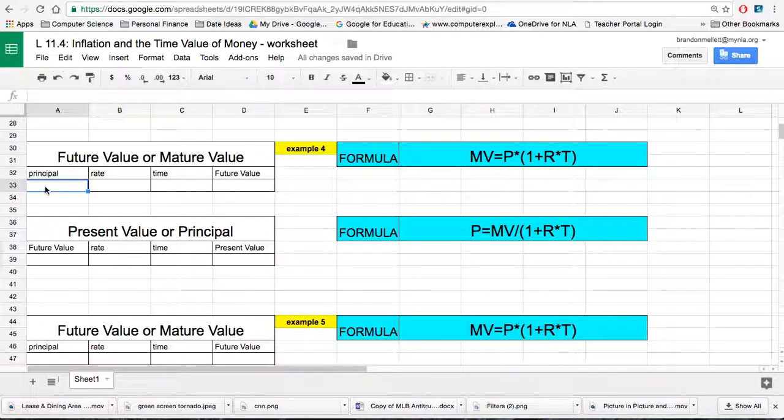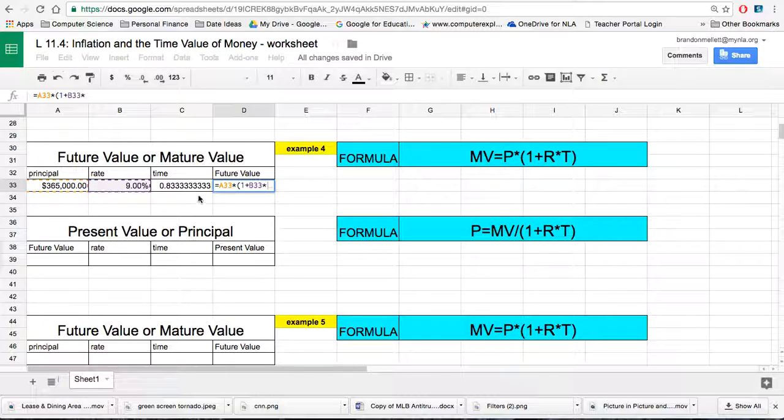So let's put in what we know. We know that the principal on this loan was $365,000. We know that they're given a 9% interest rate. And we know that they have 10 months to pay it off. So 10 divided by 12. So the future value of this is going to be principal